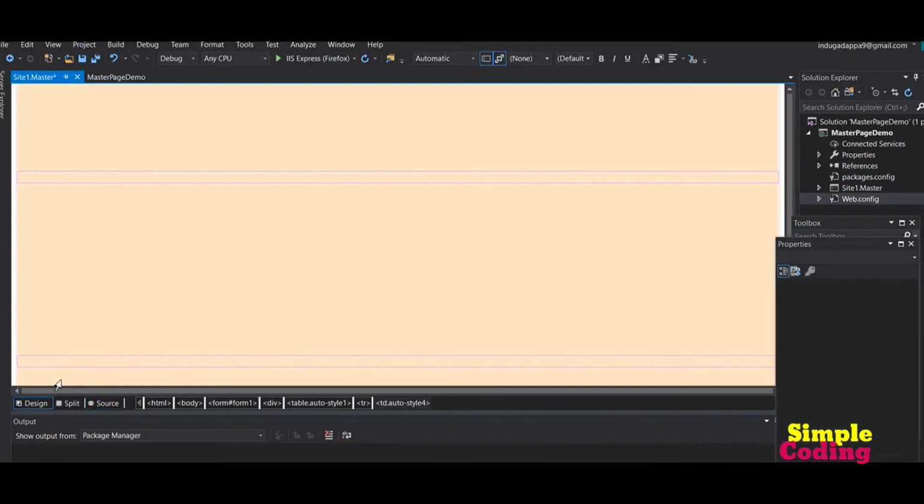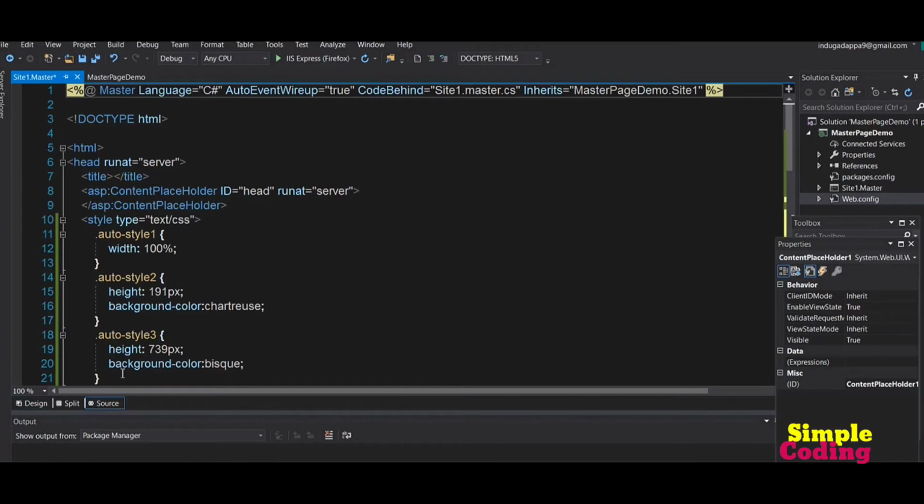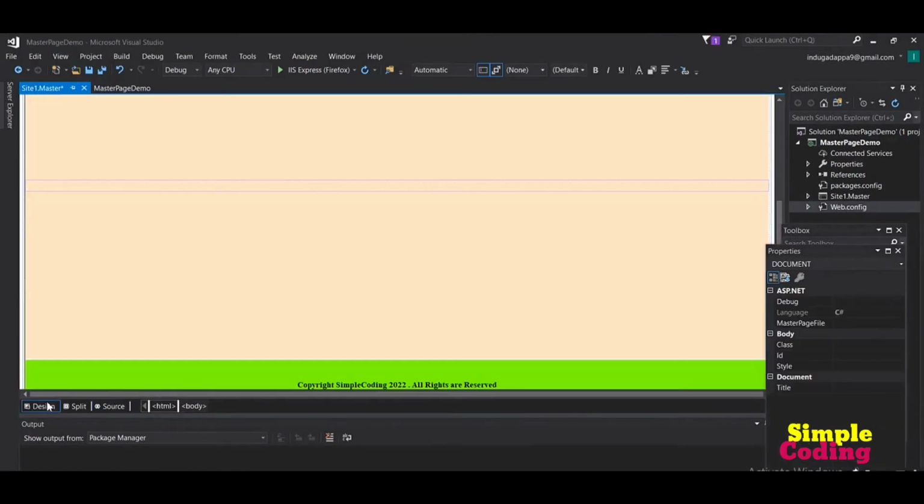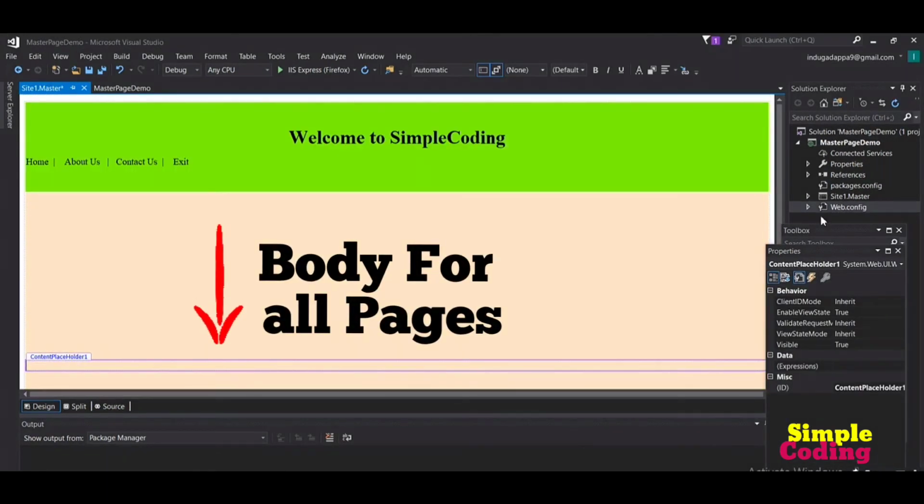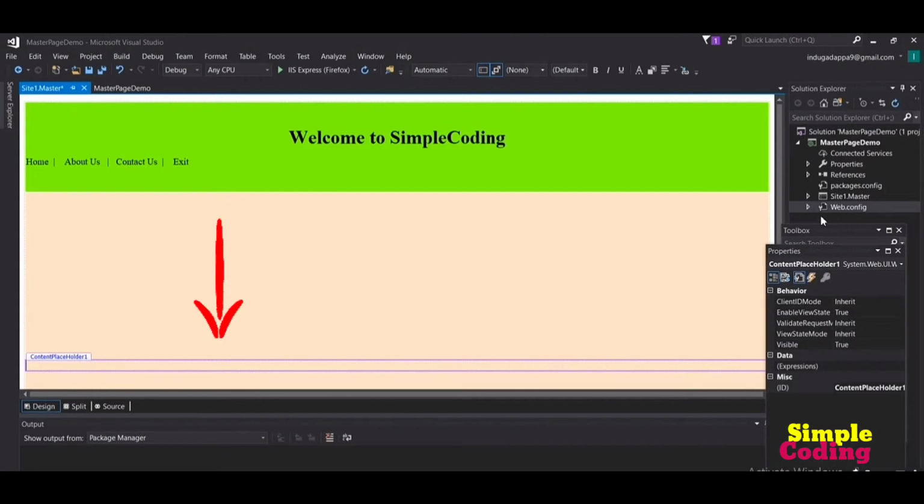That's why I am placing this content placeholder tag inside second row. That means all the pages which we are creating in the same project will be placed inside this second row only. So that means this first row and third row will be printed as it is in our other pages.